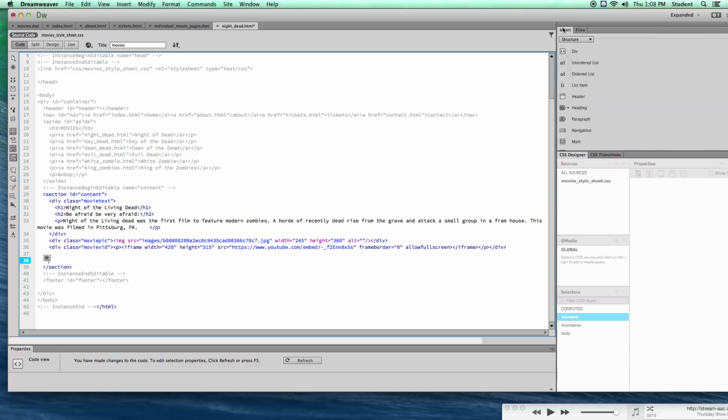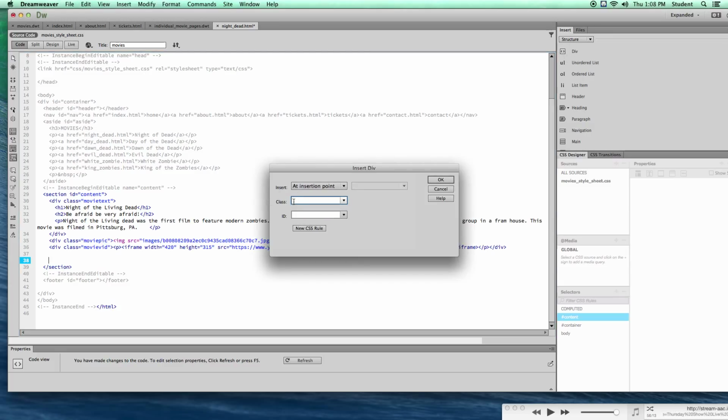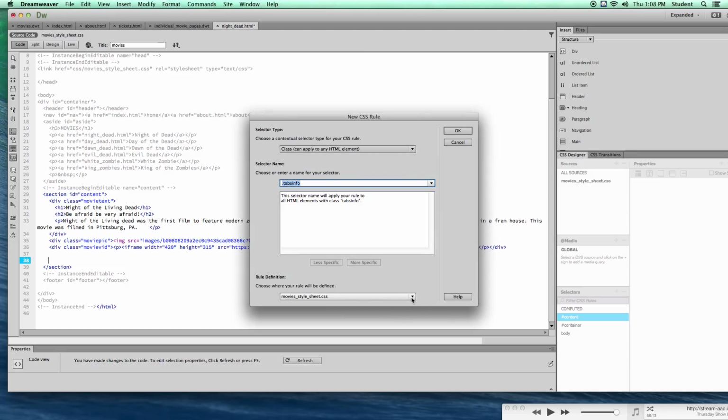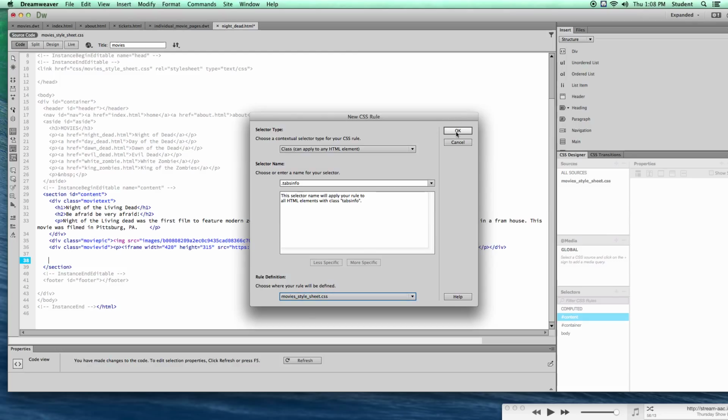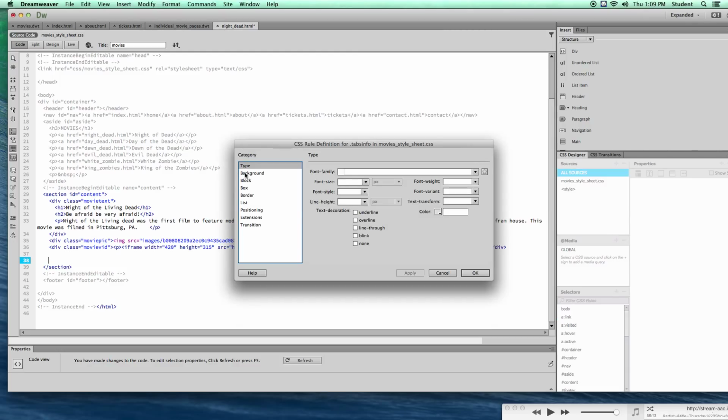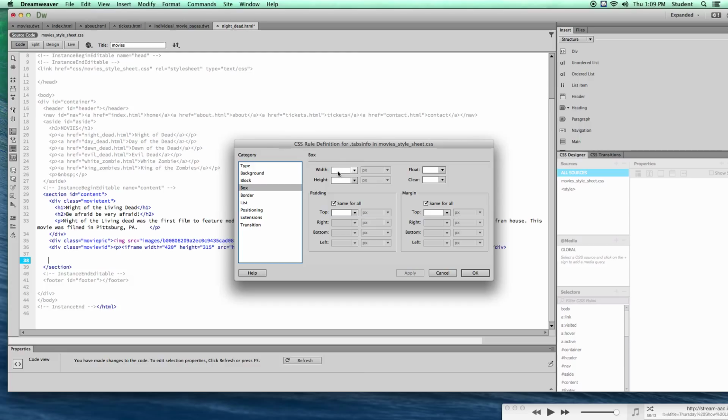The first thing I'm going to do is create a div tag for that tab. Under insert structure, div tag, this is going to be a class. I'm going to call this tabs info. You can call it whatever you want. This new CSS rule is going to my movie style sheet, CSS. Okay. Box. There's no real right or wrong here. I want this to line up with my other div tags. So I'm going to make the box width